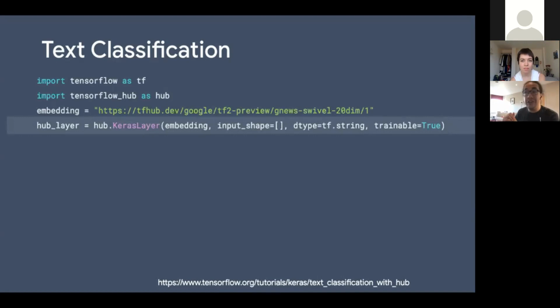So these are not many, right? 20 is very, very few, but this is just for playing around with this model. You have models with hundreds of dimensions, like 100 dimensions, also on Hub; you just find them. Same thing here, you have the handle, we have the TensorFlow Hub library imported, but here we are going to do something different. We are going to use this model as part of our bigger model.